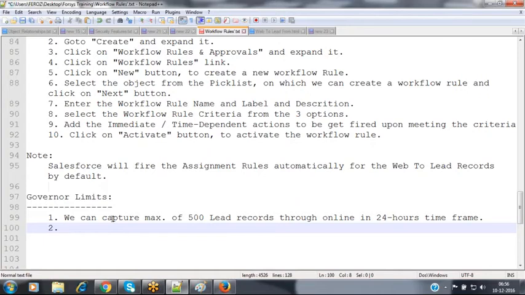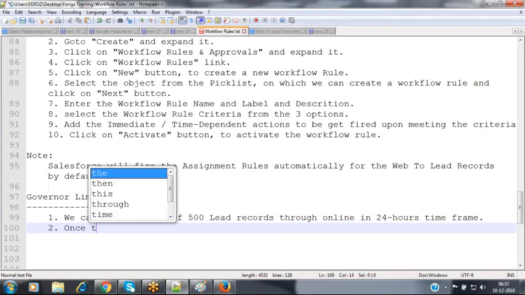So whenever more than 500 people show interest in the 24 hours time frame, the first 500 people's records will be stored inside my lead table directly. After that 500, whatever additional records there are, those records are going to be stored inside that Salesforce queue. Let's make a note of it here.